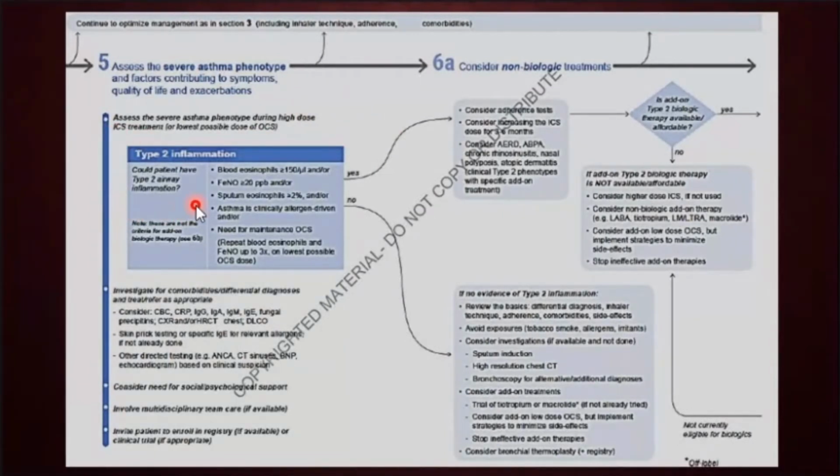Could the patient have a type 2 inflammation, which is manifested by a more allergic manifestation? So you'll have eosinophils which are high, FeNO which is elevated. That's the sputum eosinophils, okay, and the asthma is clearly allergen driven, and then you need a maintenance steroid. Okay, then if there is evidence of type 2 inflammation or allergic inflammation, then you can consider